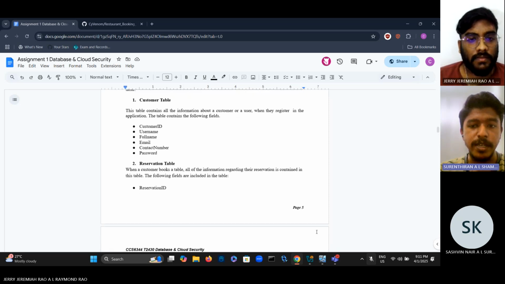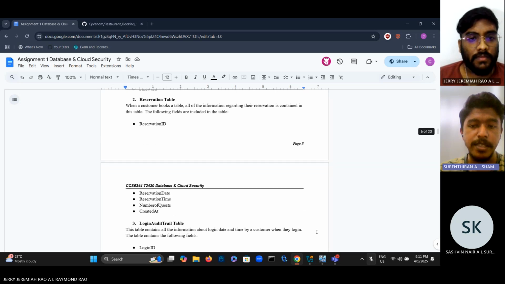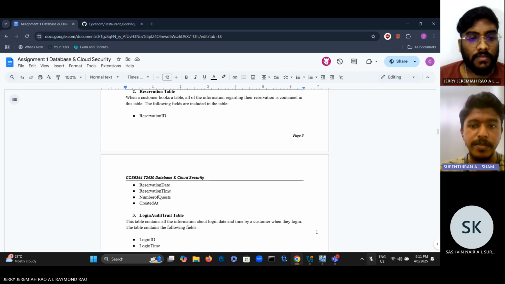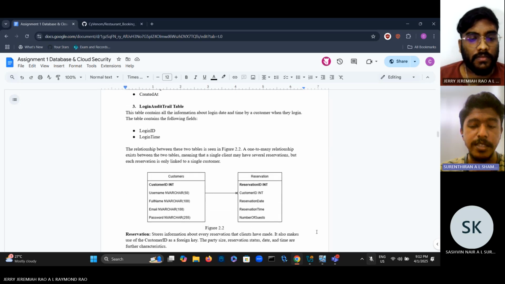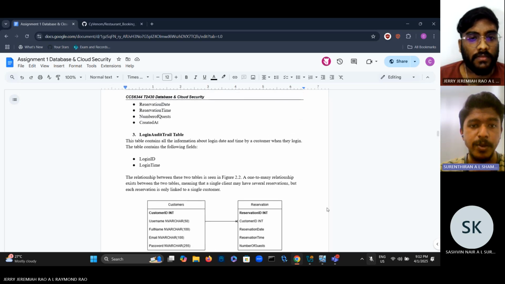In this, as we know, they are the important things such as customer ID, username, full name, email, contact number, and also the password. Next is the reservation table. This is for when we want to book a table inside the restaurant itself. So there will be reservation ID, reservation date, reservation time, number of requests, which means the number of people